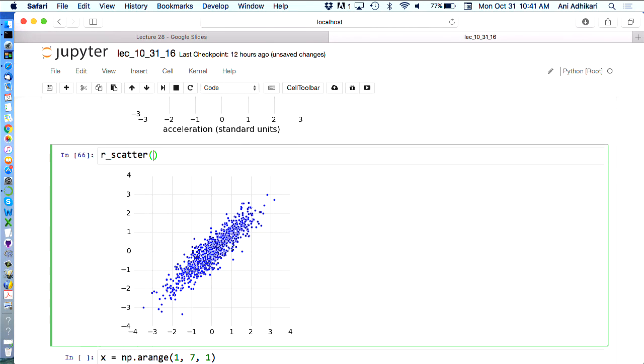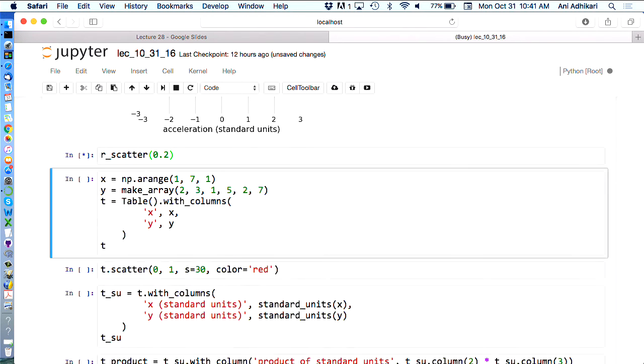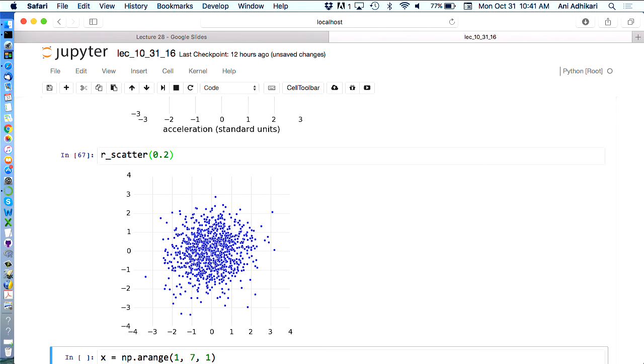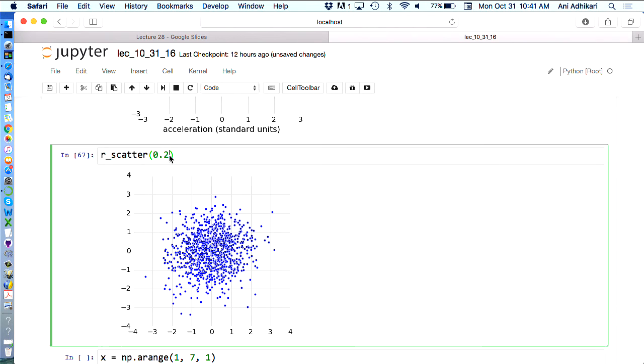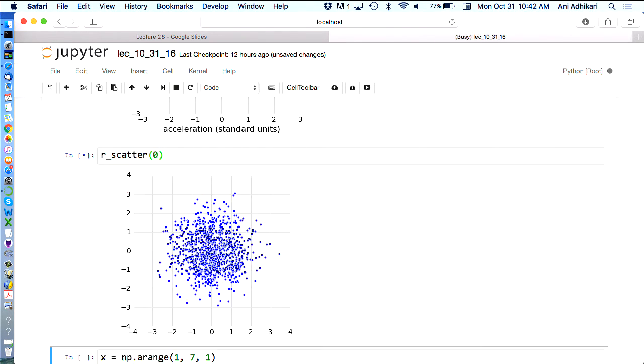0.2, thank you, I like that. Yep. And while you have 0.2, you take a look at that. That's kind of very blobby, right? It's very hard to see any linearity at all. And if I just do 0, so this is 0.2, remember? If I just do 0, I don't know. I mean, you have to take a ruler and see where those points are lying. And this is an extremely important issue because